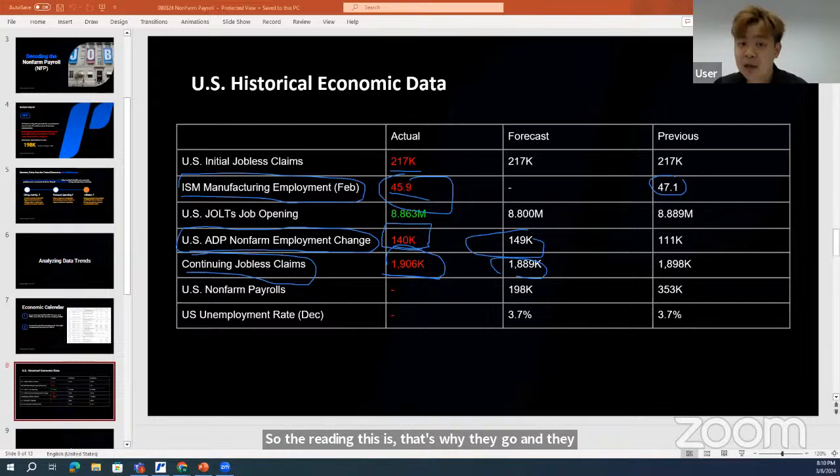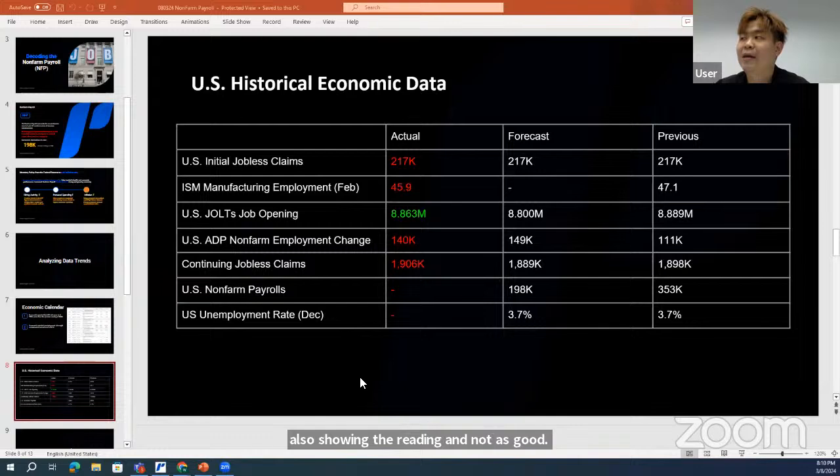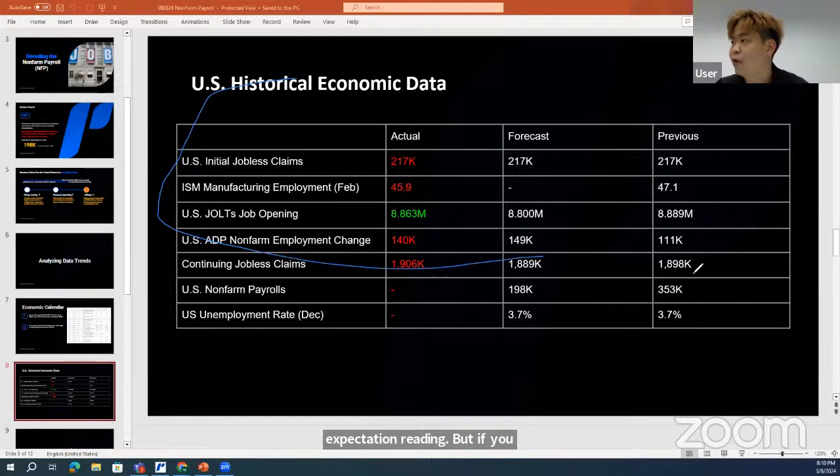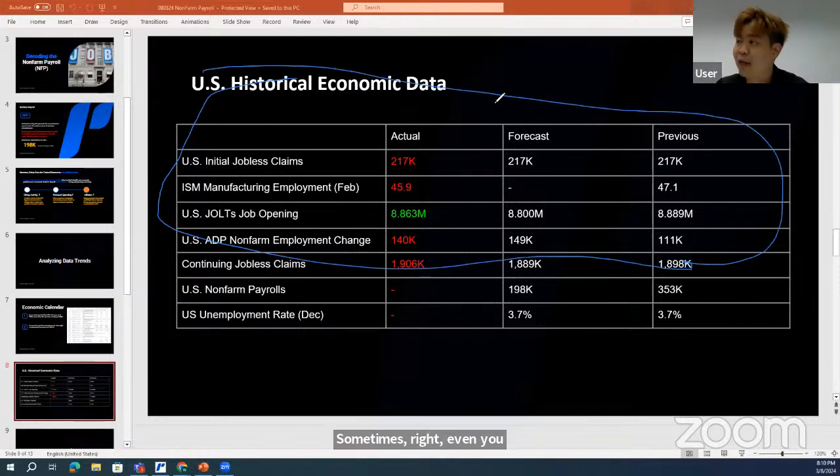as expected. So now, if we go only by previous US jobs data, we can try to expect that there will be chances for the non-farm payroll as well as the unemployment rate data tonight to provide a worse than expected reading. But if you want to trade now, of course, the risks are very, very high. Sometimes, even if all your historical predictions are right, this is all correct that the US is not that good, sometimes the data comes out to be out of market expectations. So you need to be aware of it, especially for new traders.